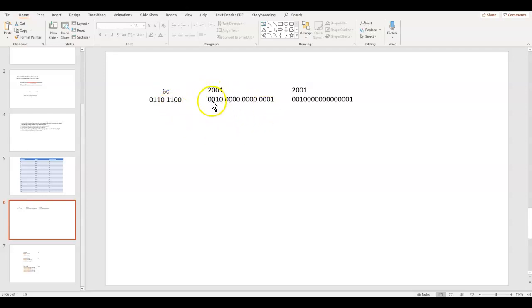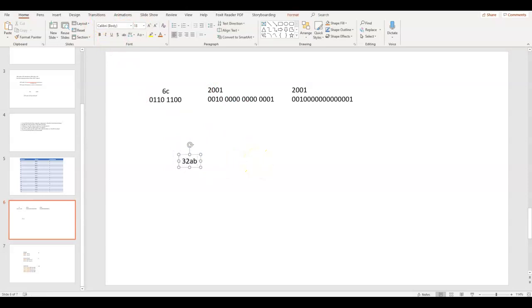Here's a 2001. Well, I just start by doing a 2. That's a 1, 0. And then a 0 and a 0. And then a 1, which is a 0, 1 here. And I'm done. I just put them back together, string them together, concatenate them, and I've got it. So it's really, really easy to do this. So let's just do a little bit harder one. Let's just do something at random.